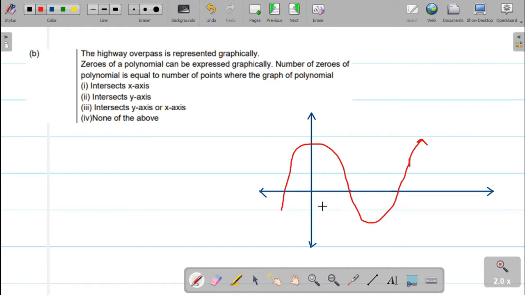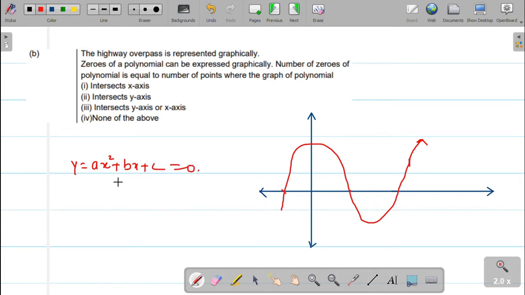So all these values where the graph meets the x-axis, because for zeros, if you look at the previous question also, we had substituted the polynomial equal to 0. That means if I take y equal to a quadratic polynomial ax square plus bx plus c, because this is how you get the graph, right? You keep substituting the values of x, you get the corresponding values of y. So now for zeros of this polynomial, we have to put it equal to 0.